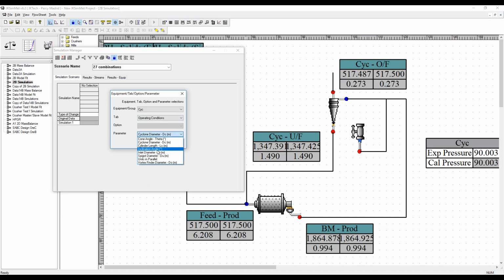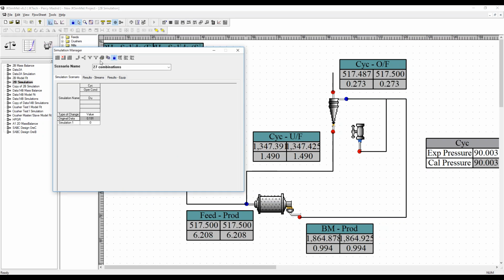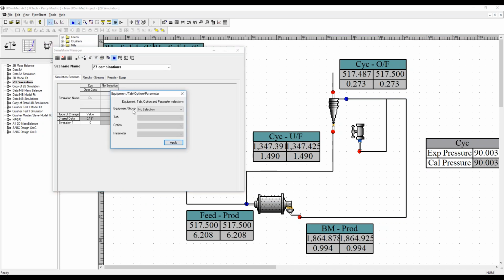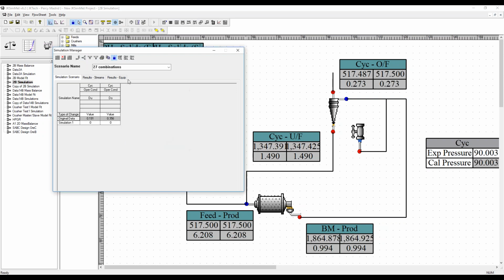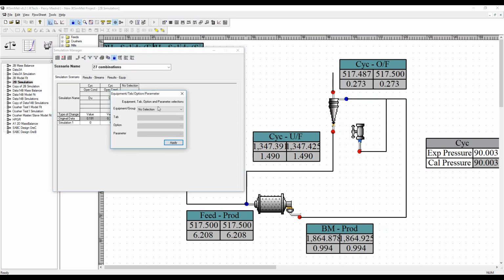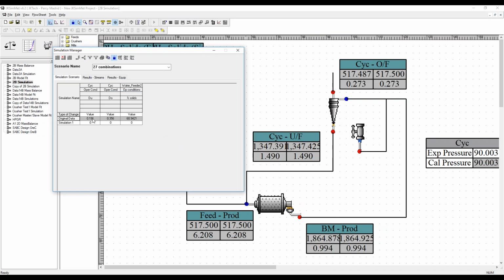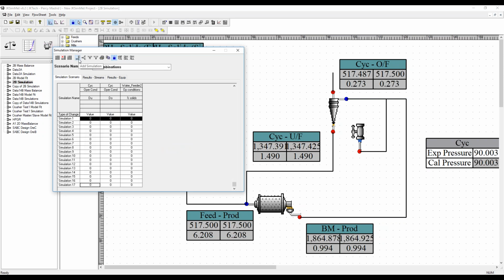cyclone spigot, and then the cyclone vortex finder, and then the water feeder required percent solids. So at the moment, we have this for the base case combination. So I will add other 26 simulations